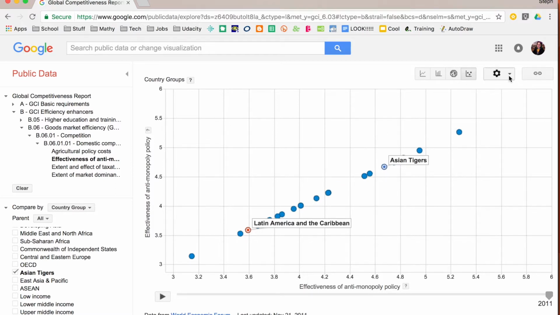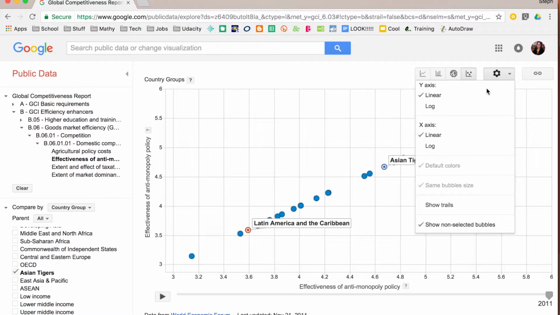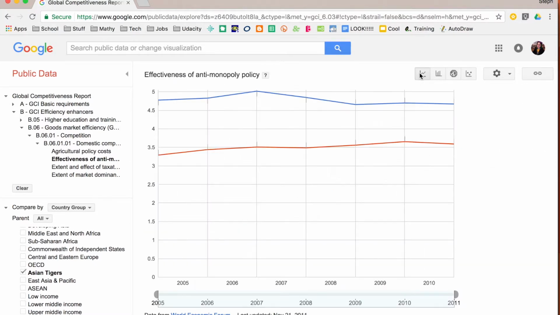You can do a few things with settings. You can change your y-axis if you want to have it linear or a log curve. Again, that's good for statistics. And you can also show different sizes depending on the chart that you have selected. So I'm going to go back to my line chart, and you'll see that I don't have as many options just because this doesn't show me as much information. Again, you're really going to have to be playing around and seeing what is the data that you want to